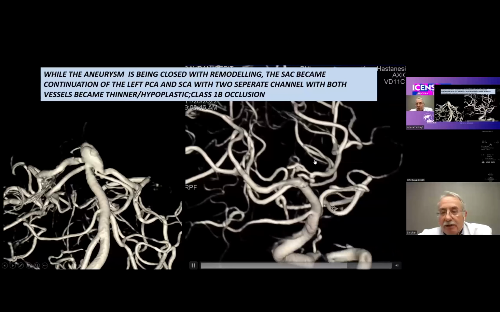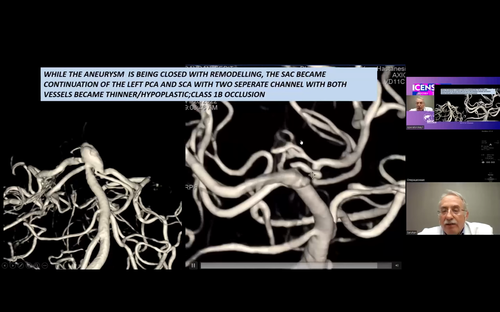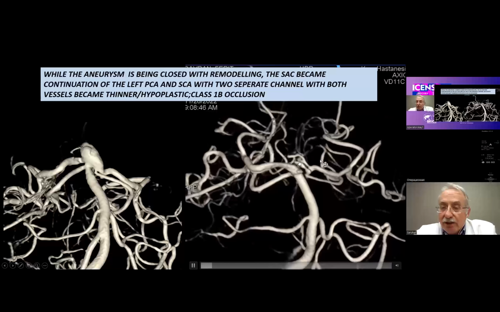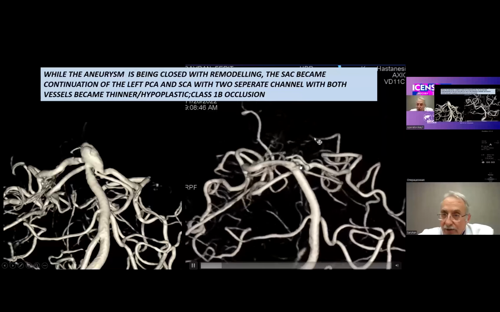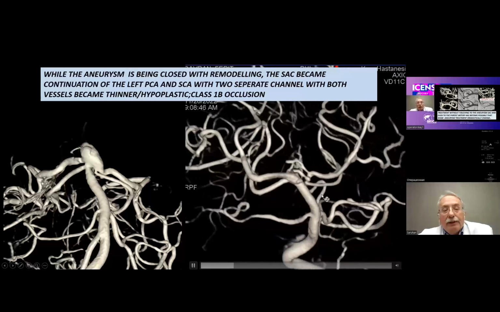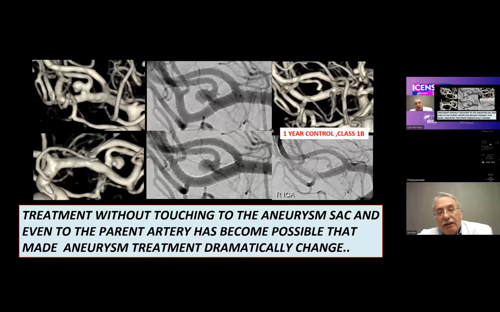I'm just going to explain this in classification. Basically, this is how it remodels. But sometimes there is a remnant here, but we should not call it a remnant. I will tell you later. And also the simplification can be extended, as we described with this indirect flow diversion, which is actually treating the